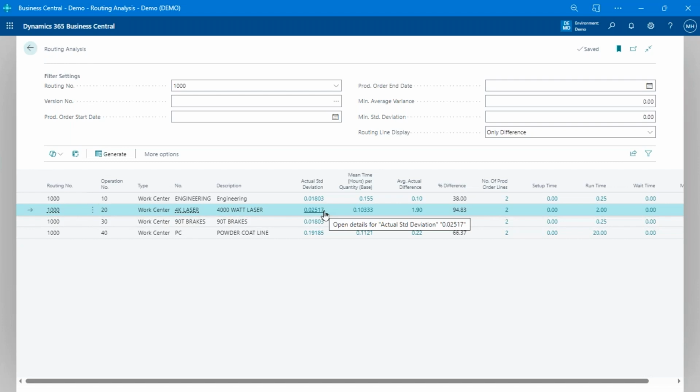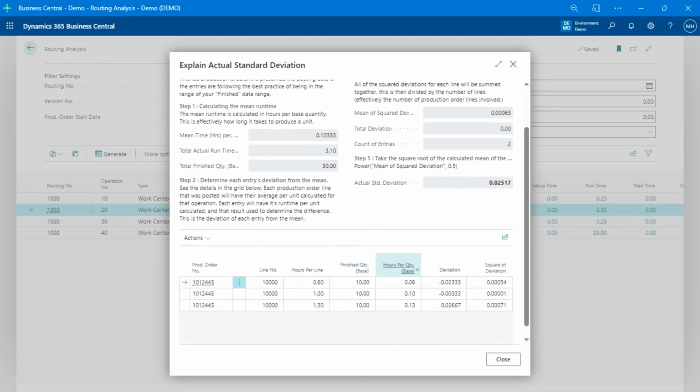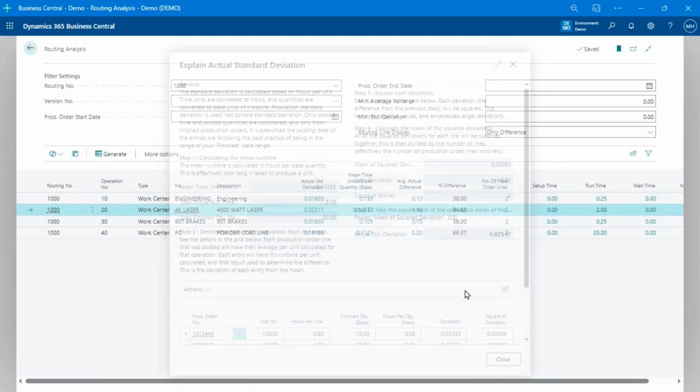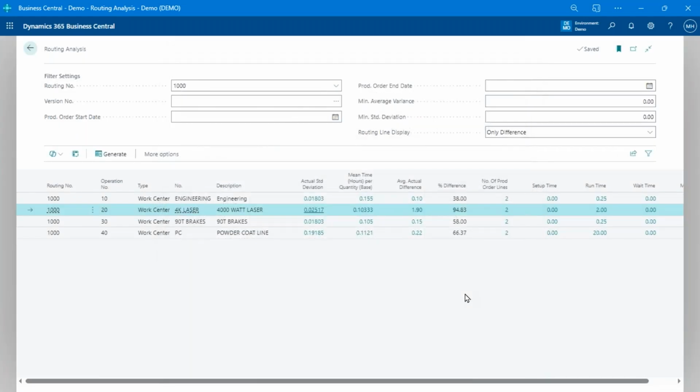Like Joe does it in an hour, Fred does it in 5 hours, Jill does it in 3 hours. That is as much of a problem as whether I'm coming close on average to my expected time. So this is a great tool for figuring out where the variability is in your process to clamp down on those shop floor processes and things like that.